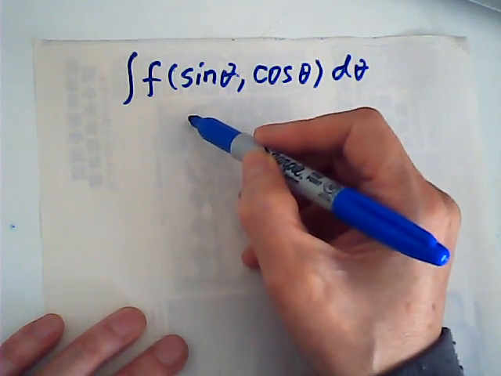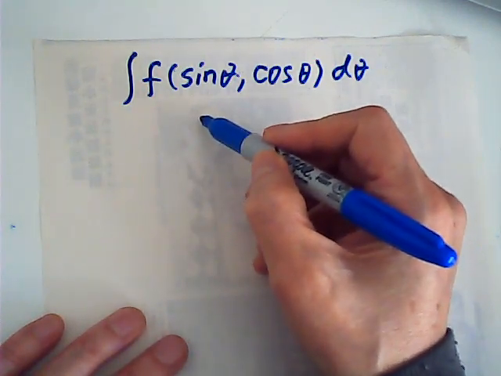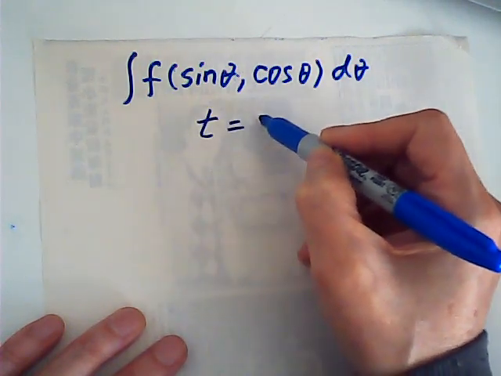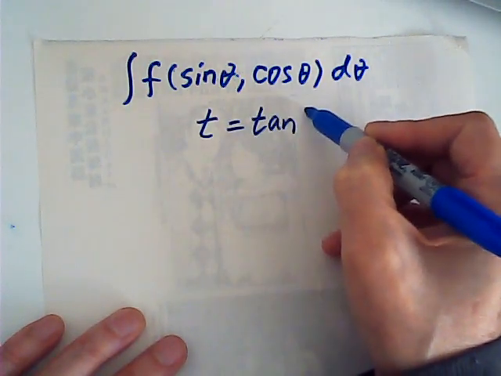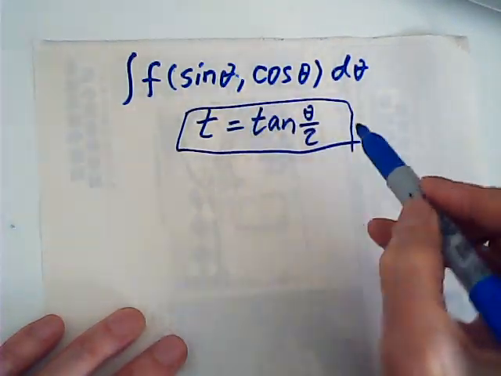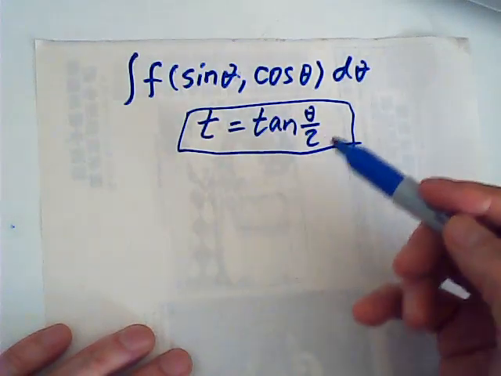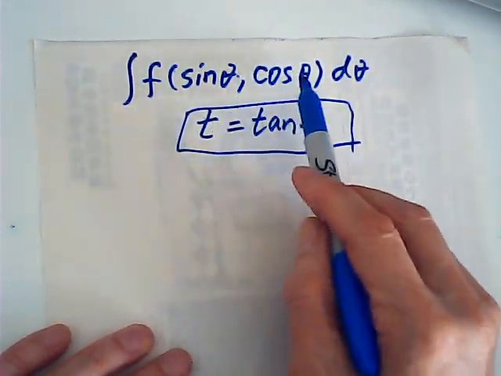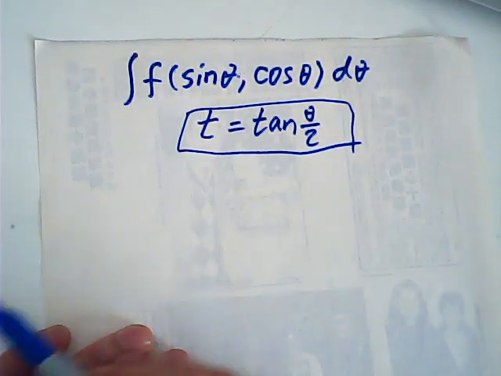This is the method where we let t equal tangent half theta. Many students like this method because you can change sine and cosine into t and change d theta